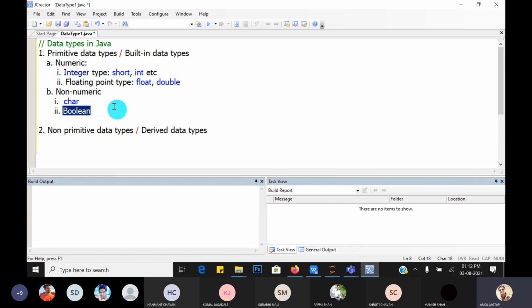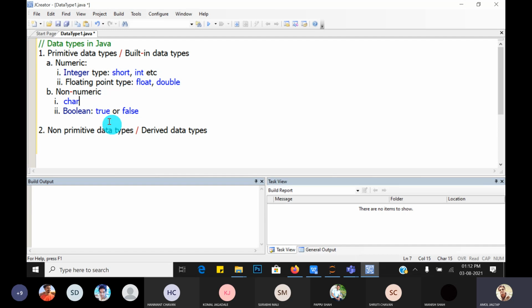We treat 0 as false and non-zero value as true. But in Java, there is a Boolean, that means having two values, true or false. We will see the programs based on the Boolean values also.